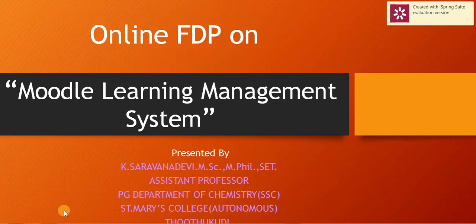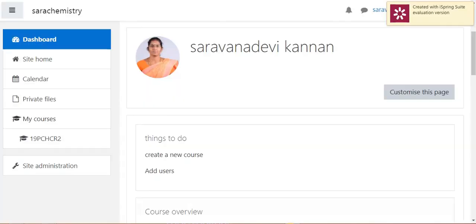Good morning to all. Today we are going to learn about adding category, subcategory and courses to our Moodle site. Course category organizes Moodle courses for the teachers and students so that it will be easier for them to find their courses. Adding category is very simple. Now we move on to the process.